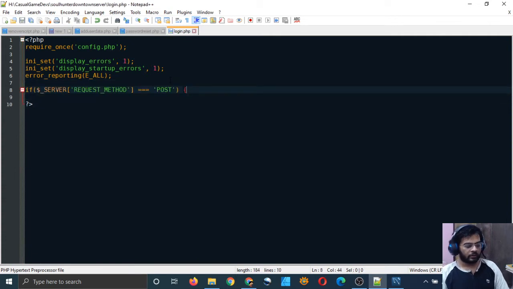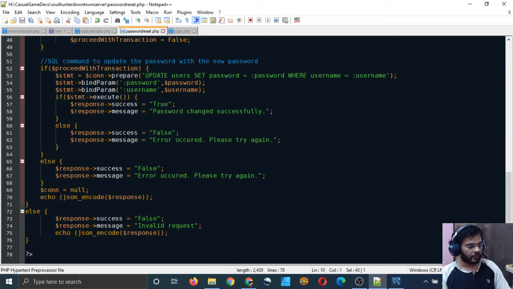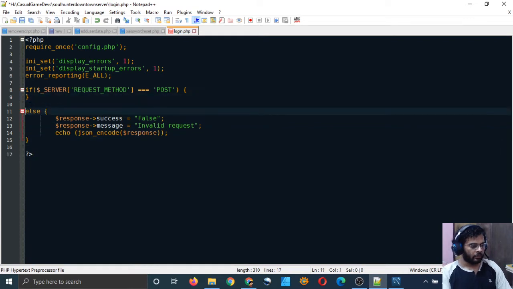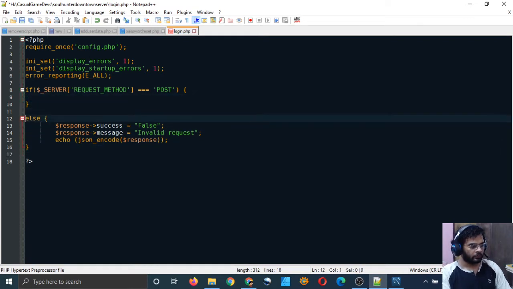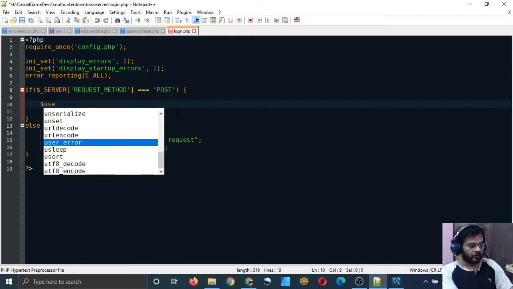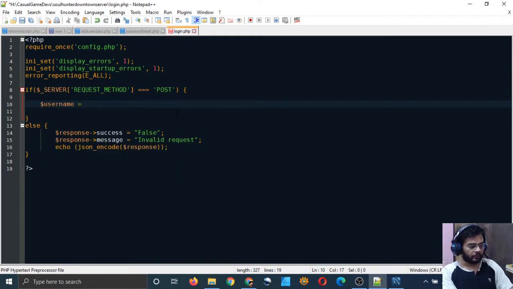So just paste it here, and then also take the else part from all the way down here and paste it. Yeah, that's good. Now if the request is of type post, then what will we receive in a login form? We will receive username and password, right? Let me receive username and password from our post request.